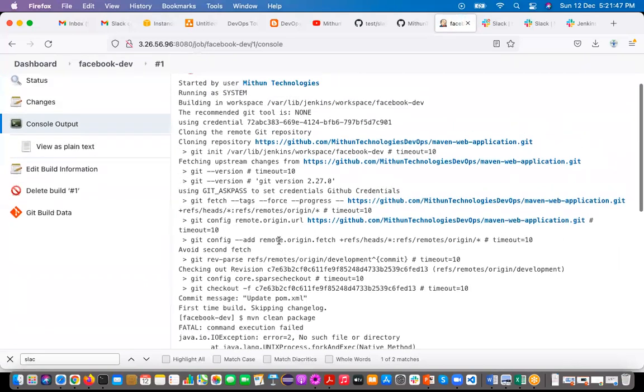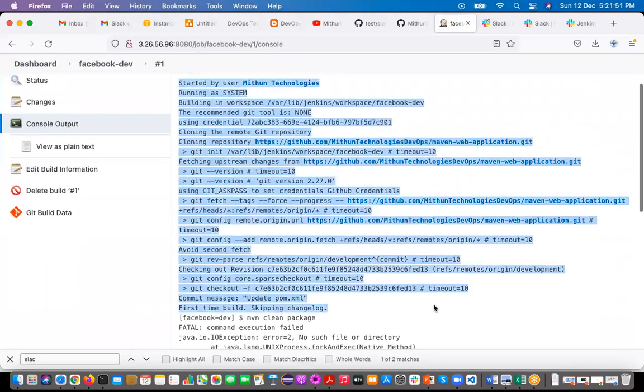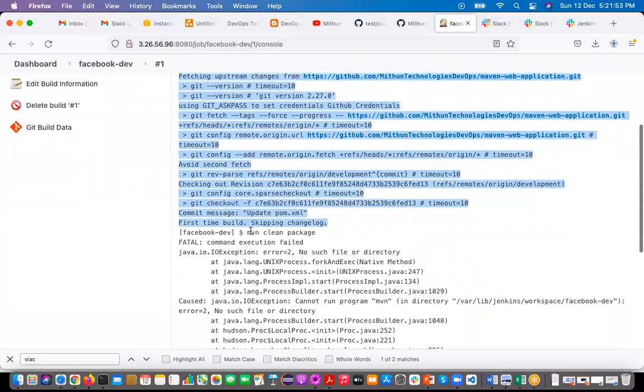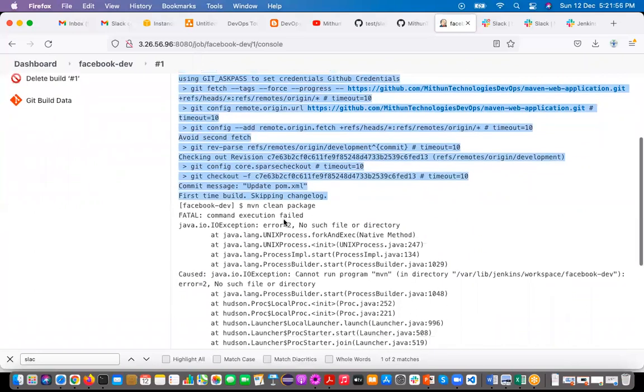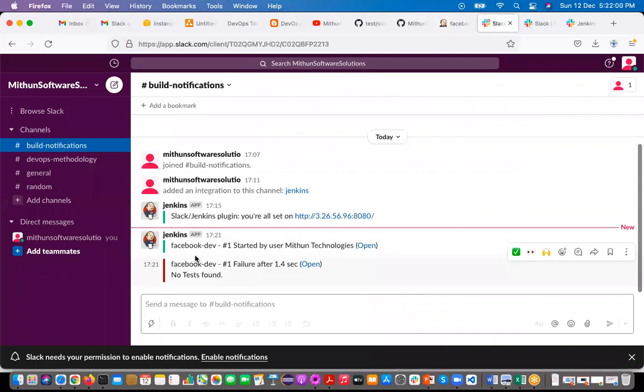If you see here, it went to GitHub, it got the code. But when it is executing mvn package, we are getting the error. If you go here and see, Facebook dev job 1 started by this user. Facebook dev 1, it failed. No tests found.